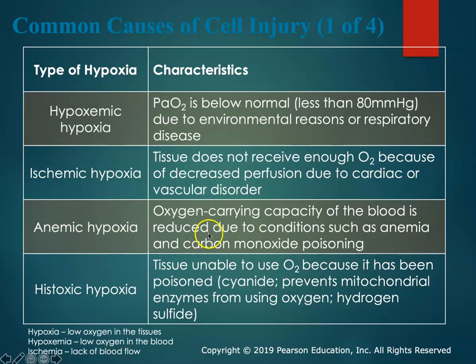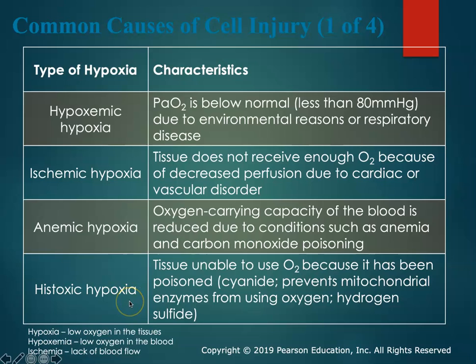Anemic hypoxia, okay? This is caused by the oxygen carrying capacity of the blood being reduced. So conditions like anemia, carbon monoxide poisoning, these decrease the oxygen carrying capacity of the blood. And again, if there's not enough oxygen being carried around in the blood, again, there will not be enough oxygen delivered to the tissues and the body's cells. If you talk about